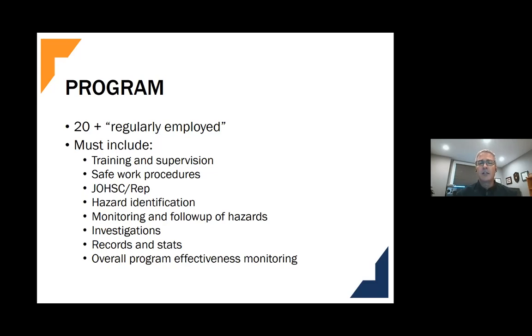So the safety committee has to be established. It's the employer's obligation to establish the committee. Once the committee is established, there are certain things that they have to do, that are all outlined in the Act, what they're expected to do. Essentially, what their overall intent is